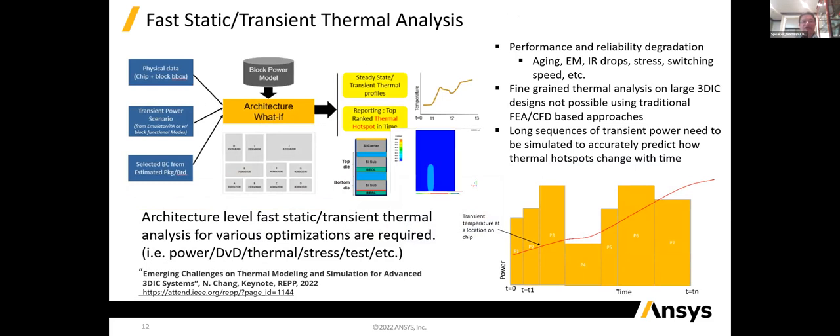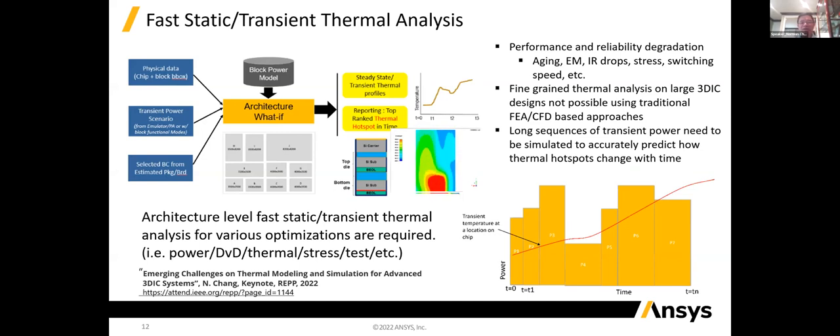Therefore, there are two considerations that we can do from the architectural level. When we design the 3D IC, we can consider the power partitioning for the different chiplets in the 3D IC, and that also includes the present route for the 3D IC. And at that time, we need to consider what's the impact to the thermal and the stress during the architectural level design for all the functional benchmarks and all the working scenarios.